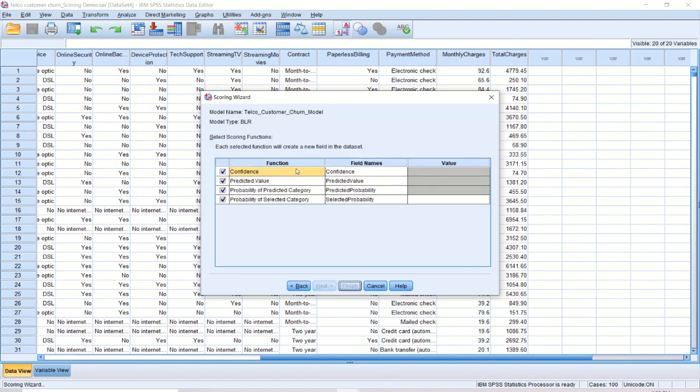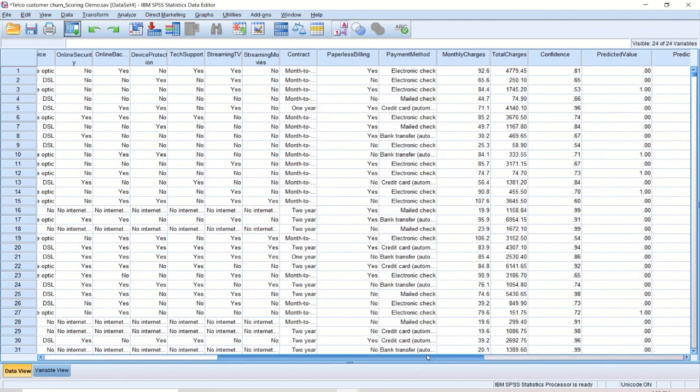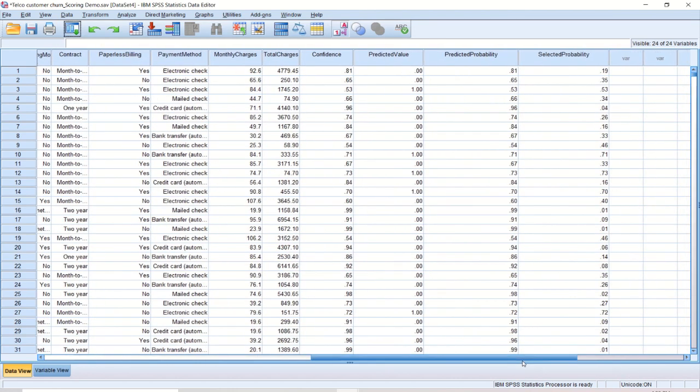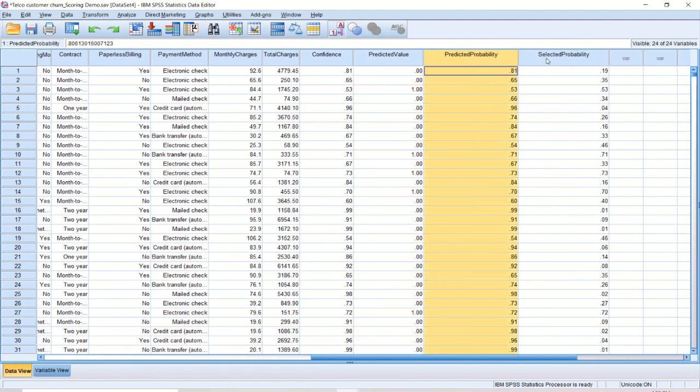Next, make sure you have the confidence predicted value saved, because we're going to create these new variables out. Probability of the predicted category, and you want the probability of the selected category. Now, of course, this selected category here, it's a 1, which means that we want to find out what is the probability of this case being predicted in the churn membership. So finish, and you notice that you have confidence here, and of course the predicted value, predicted probability, and selected